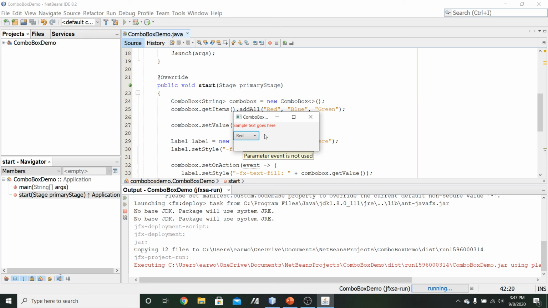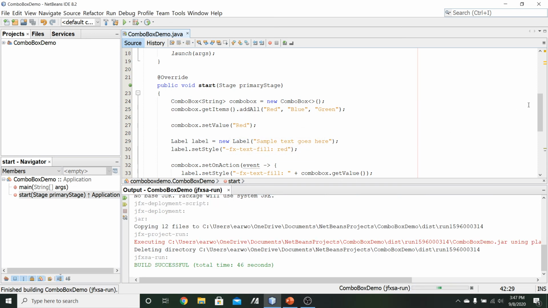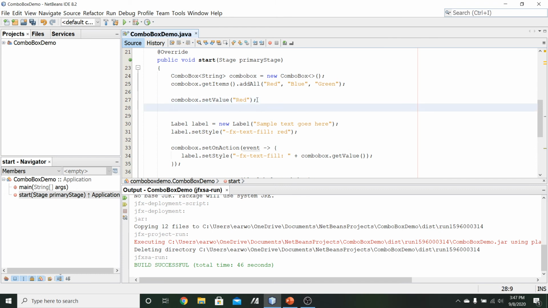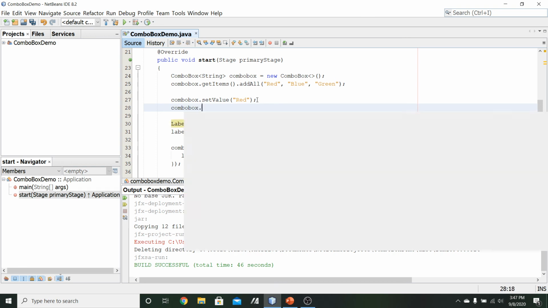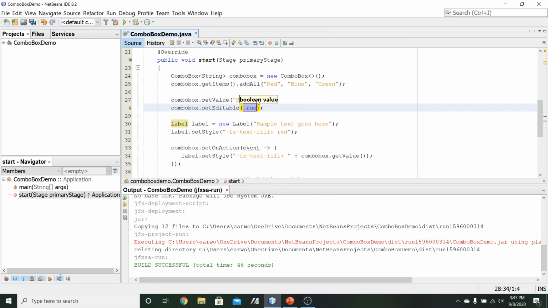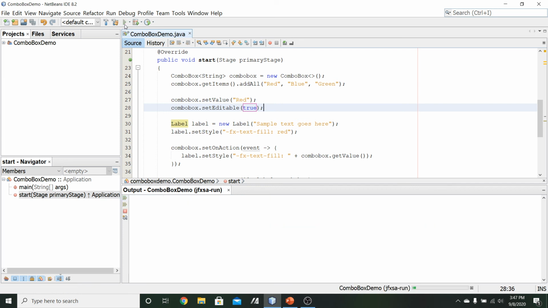Okay, so we've seen this much. Now let's go ahead and try adding one extra piece to this. So let's say we've got our initial set value to red. Let's go ahead and further customize this. So I'm going to add one more line right here. We're going to do comboBox.setEditable. So this will initially be true, so it went ahead and just auto-filled it to true since it's usually the intent. So now with this, if we go ahead and run this application again,